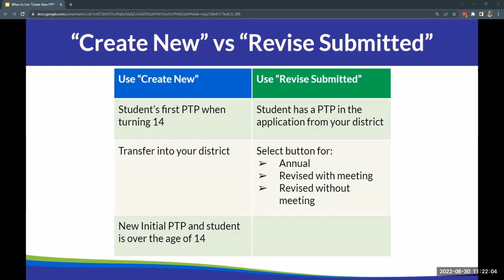Second, when you have a new transfer to your district, the sending district will send you a hard copy of the PTP, but the application will not allow transfers between districts in the application itself. And then lastly, when you have a new initial IEP meeting for a student over the age of 14. In all other situations, you will use the Revise Submitted tab to make changes to a PTP that is already